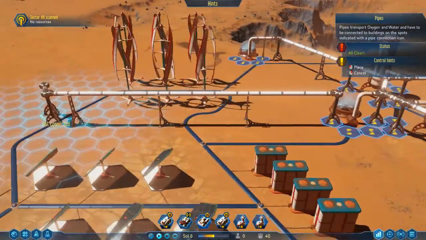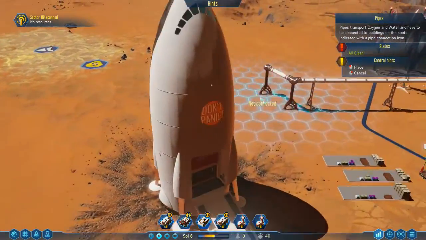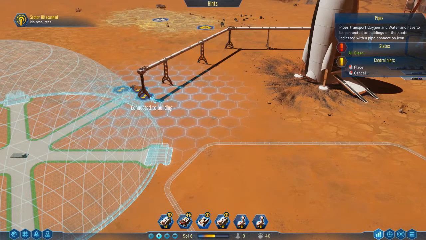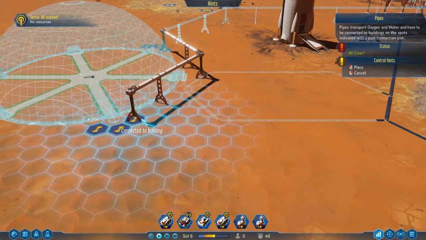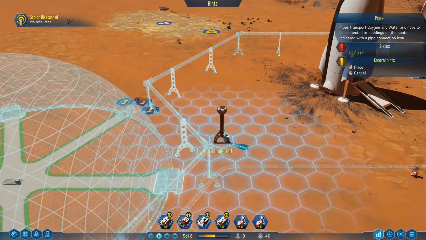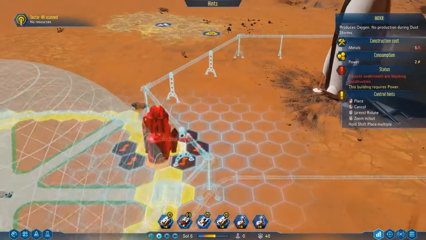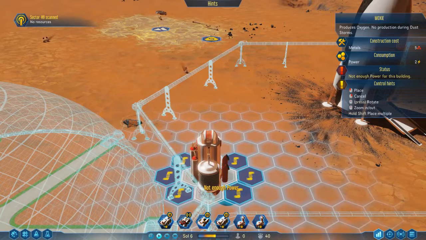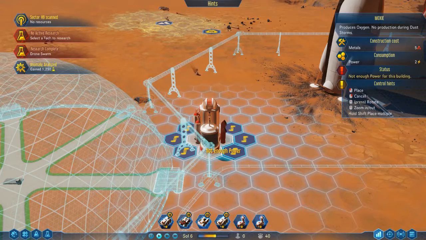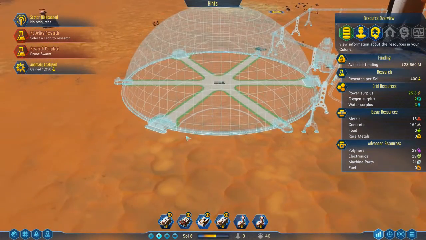And then get the pipe network over here. A couple of connectors in there. And we are also going to build a Moxie generator. No active research. Research complete. Anomaly analyzed. Because I like having a direct power system for...